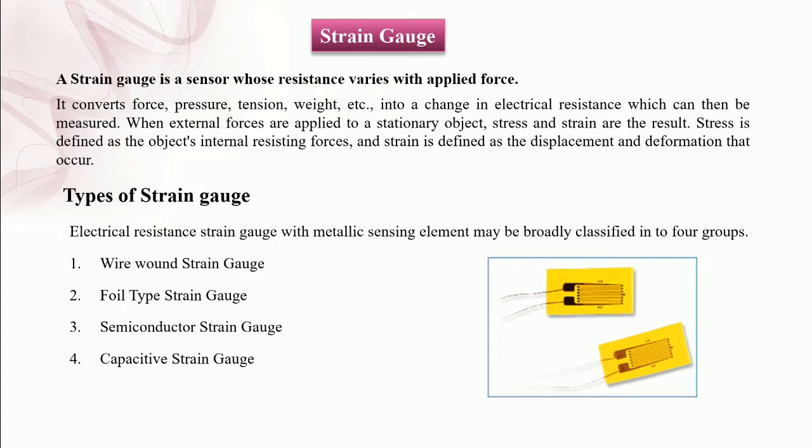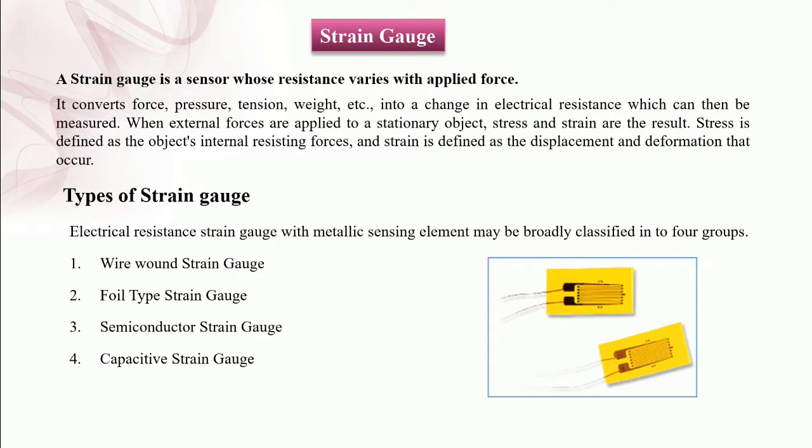of the object. Now this deformation in the shape, either compressive or tensile, is known as strain, and it is measured by this strain gauge. Now when an object deforms within the limit of elasticity, either it becomes narrower and longer, or it becomes shorter or broader. As a result of it, there is a change in resistance end to end.